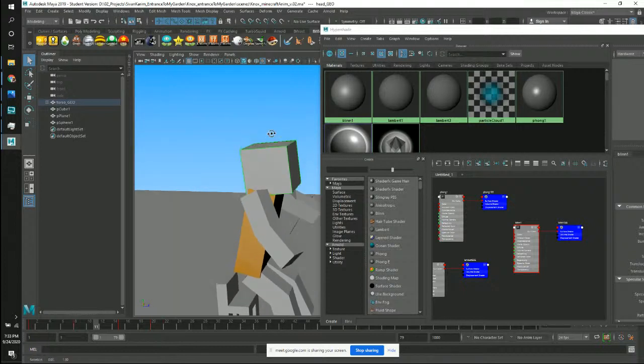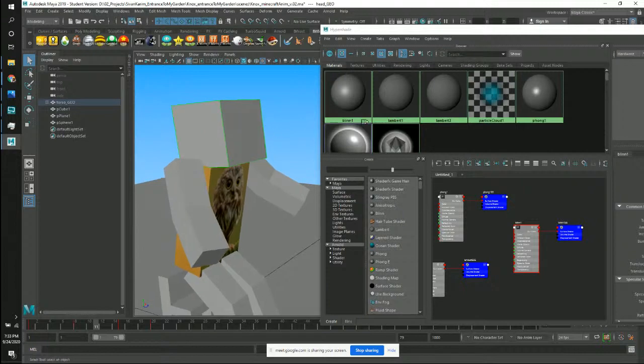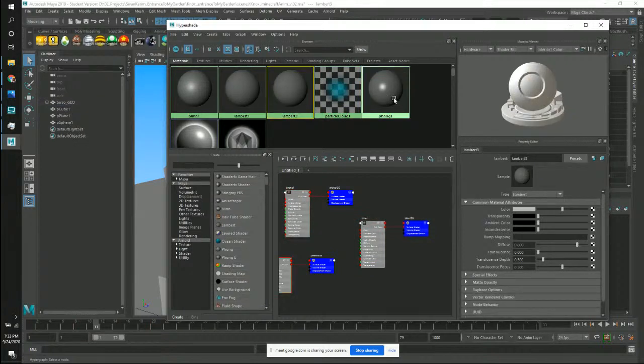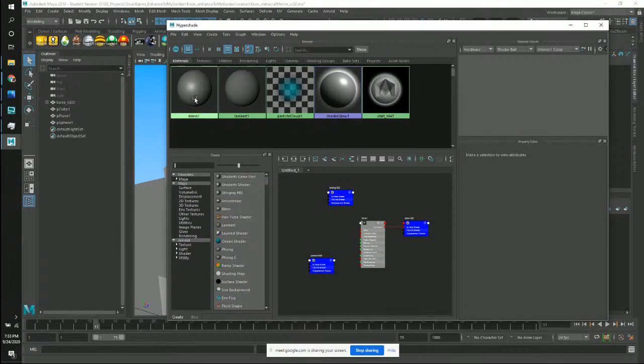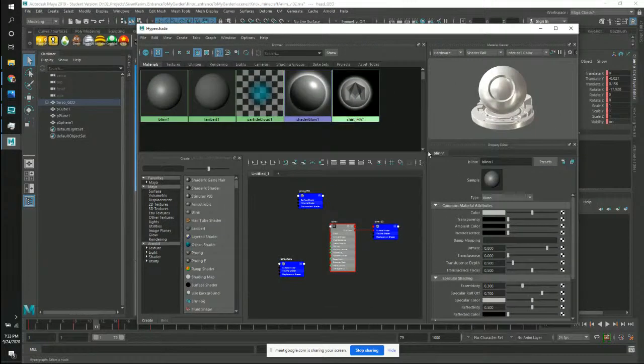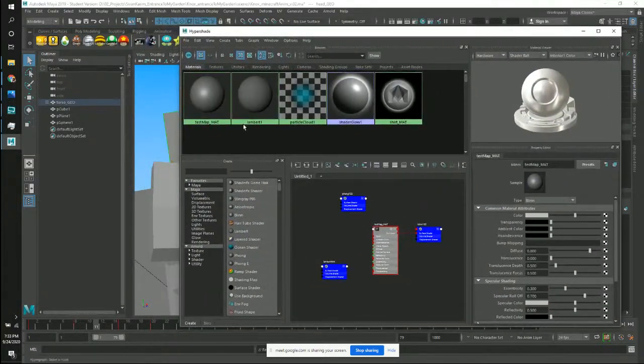So I'm gonna hit 1, go back to my regular square here. So let's get rid of these two. Just gonna use the blend here. Going to middle mouse click and drag to the head, so it applies blend 1 to the head here. I'm just going to call it test map MAT for material. Alright, and then what I can do is